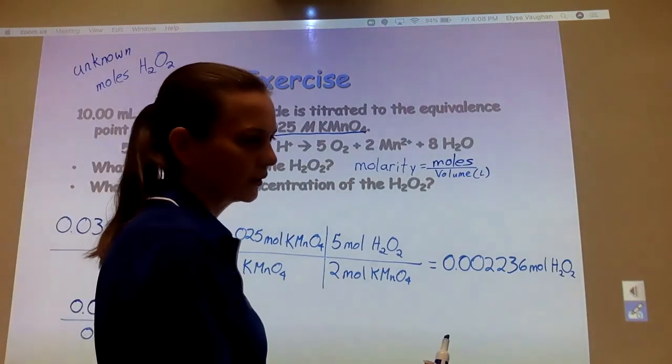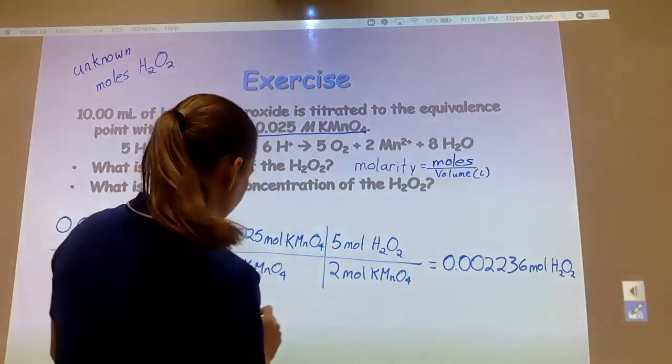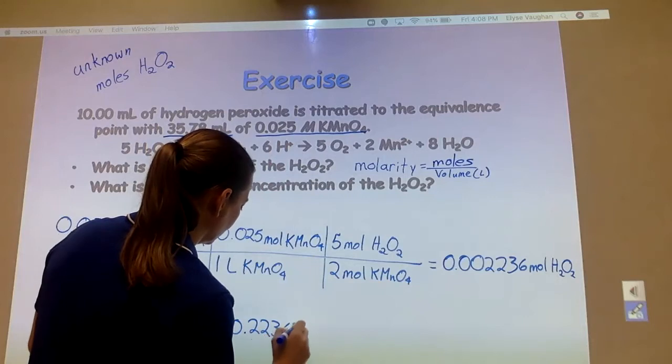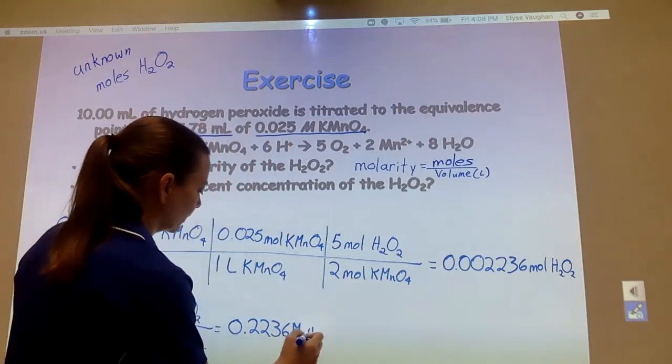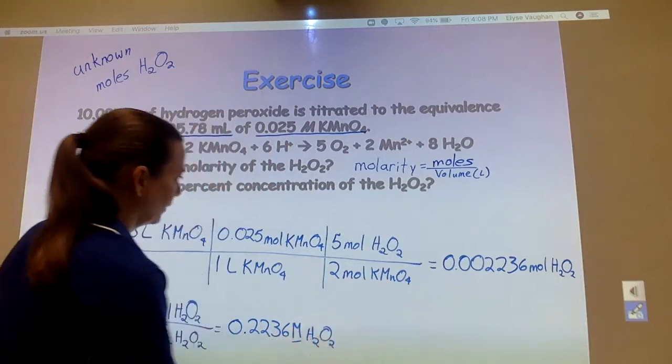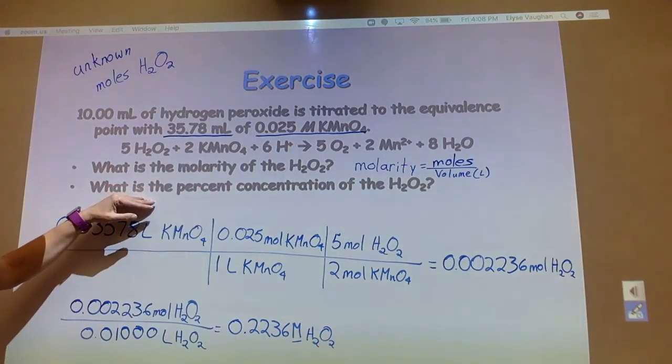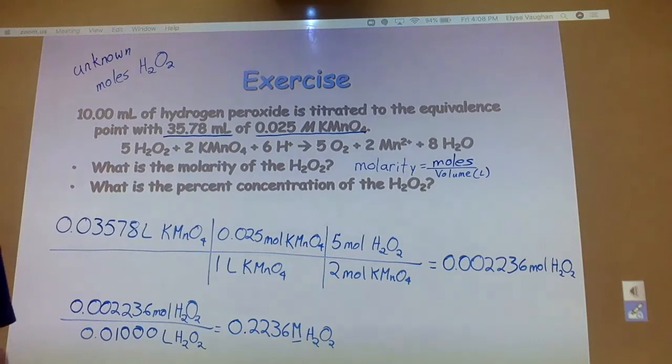And we get a molarity of 0.2236 molar hydrogen peroxide. Now, it also asks me for percent concentration of hydrogen peroxide, and percent concentration is always